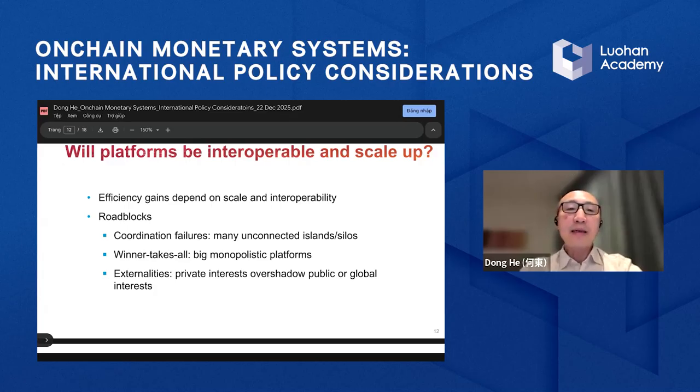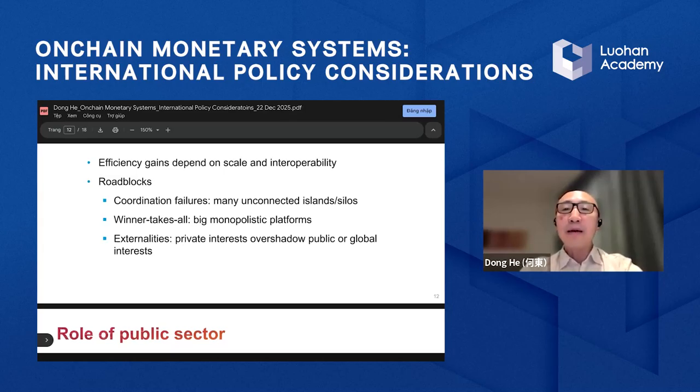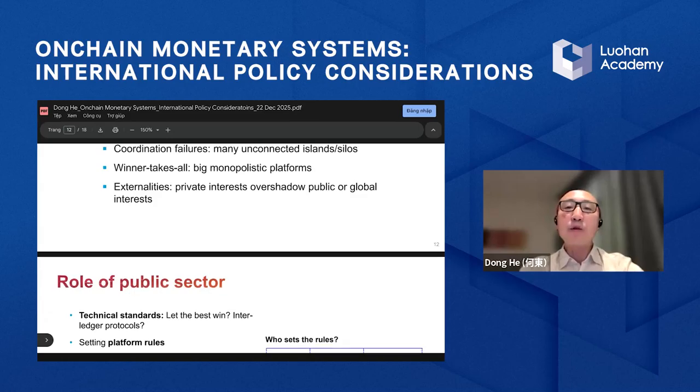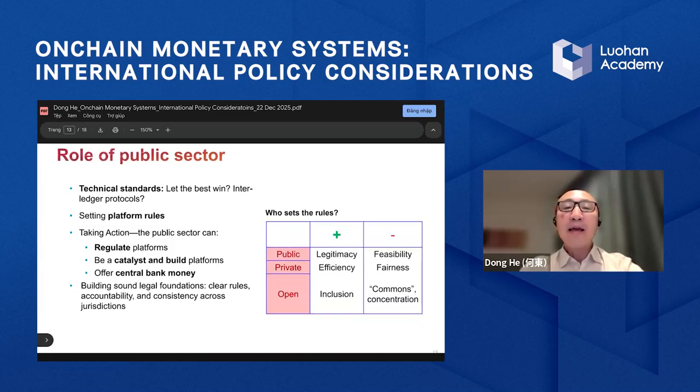We can already see important coordination failures. Everybody wants to build their own islands or silos. They don't want to be interoperable with each other if it's private run chains. So many islands and silos are being formed. At the other end of the spectrum, there could be a winner-takes-all effect. We could see big monopolistic platforms, and of course we may also see externalities, that is, private interests overshadowing public or global interest. So there are very important roles for the public sector to play. Actually, I would say that without an effective public sector, we are not going to see very large efficiency gains in